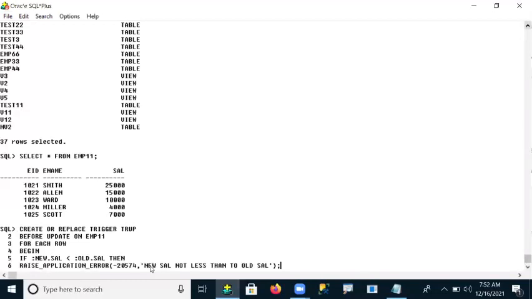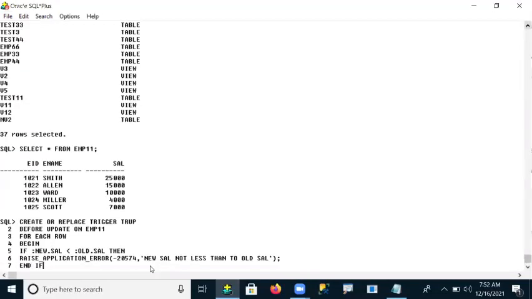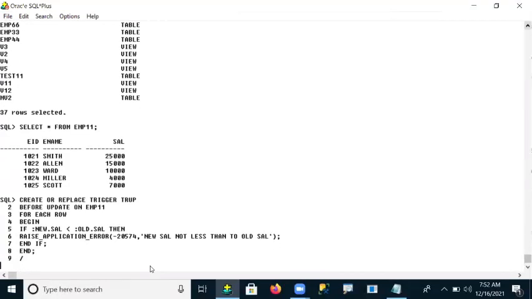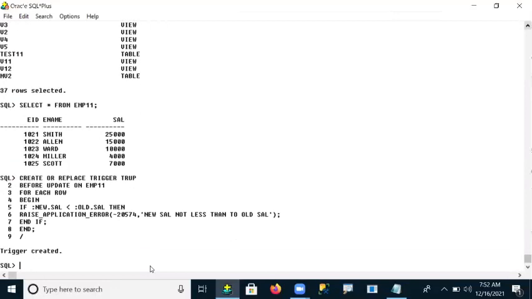Now I just execute it, with end if and your end statement. Okay, so now the trigger object is created here as per the condition.